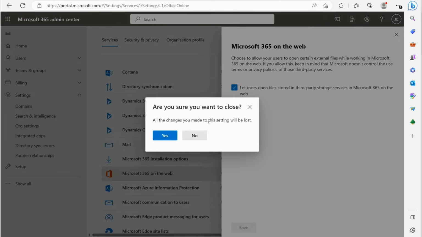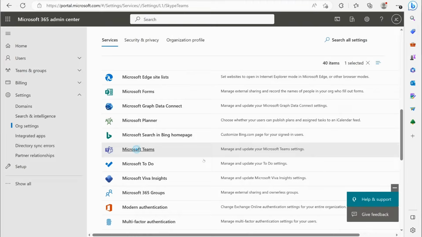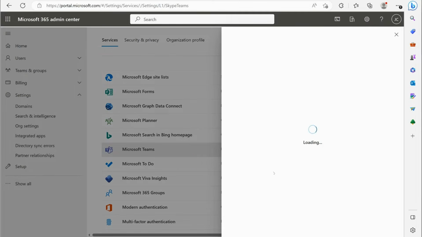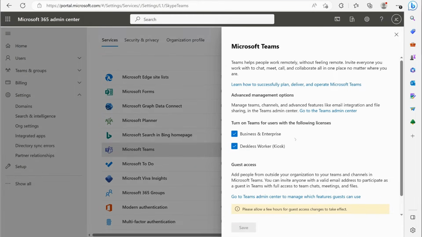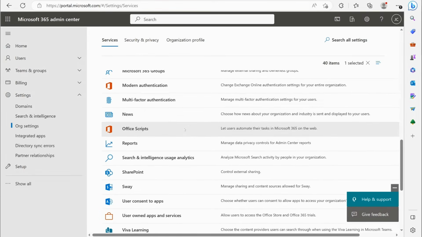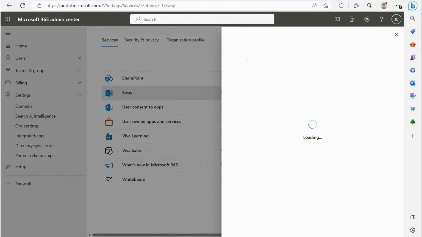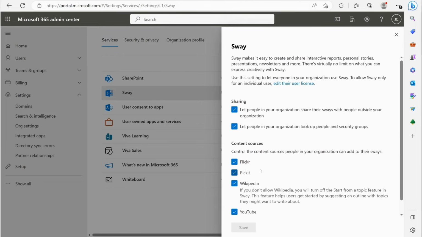So the point is, as you can see here, each one of these you can click on, like here's Microsoft Teams, and there can be various settings that can be turned on or turned off for each one of those types of services. Okay, so you can definitely go through here and look and see what's available. There's lots and lots of services. Obviously you don't need to memorize all these services right now, but it is important to be aware of the fact that